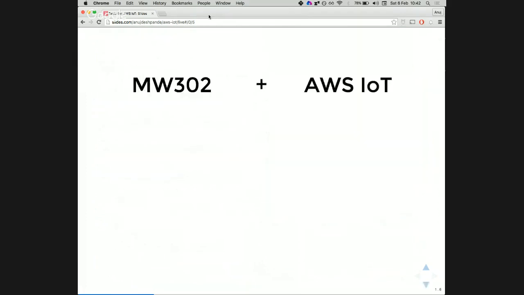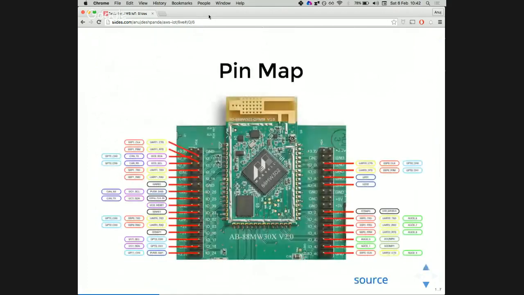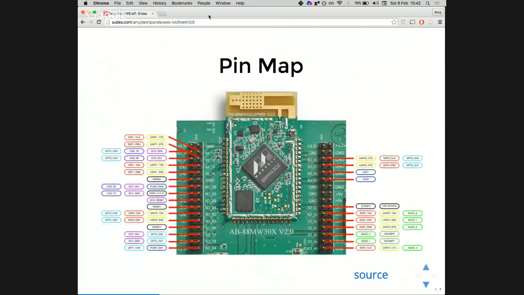Okay, so what we're going to do is use the MW302, which is Marvell's board, and we are going to take AWS IoT and then connect something using Wi-Fi to this cloud. So before that, this is not exactly visible. These are the different peripherals. This is the pin map for the board.